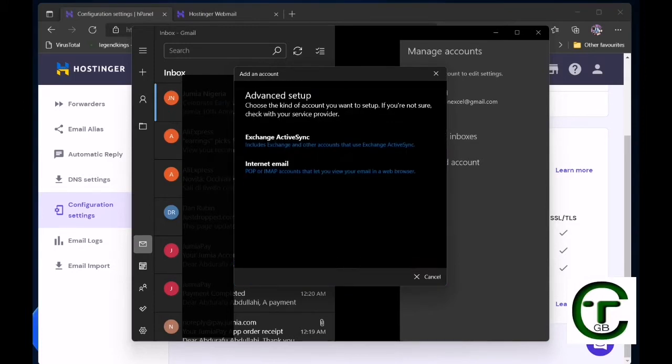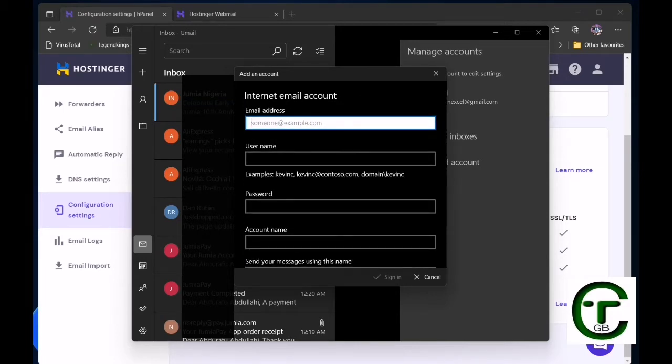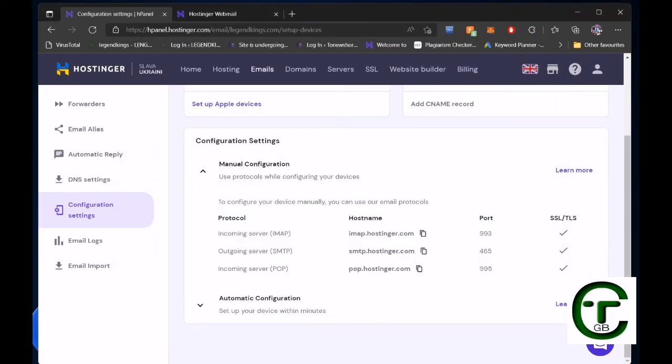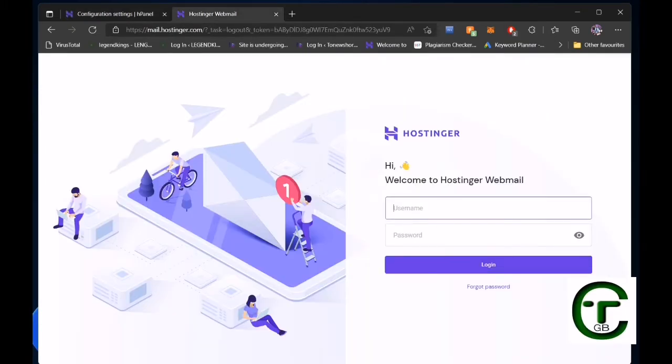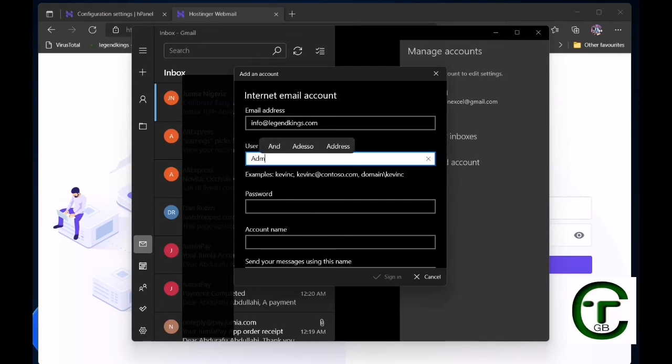So now you click on manage account, and you click on insert email account. So here is where we input all the configuration. So we have to copy your email address and input it here. Then your user's name,